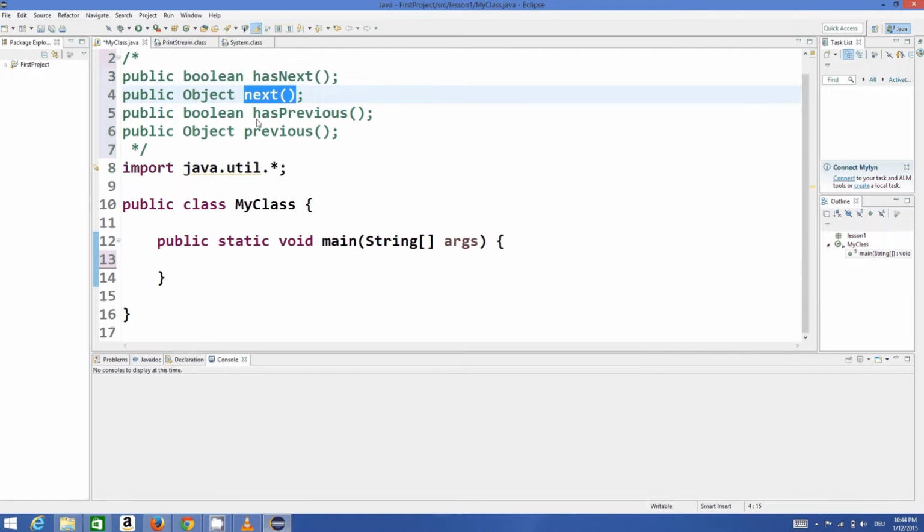And similarly, by using hasPrevious, it checks whether our list has a previous value relative to the current value, and if it has the previous value, then we can print or access this value using previous. So let's declare an array list